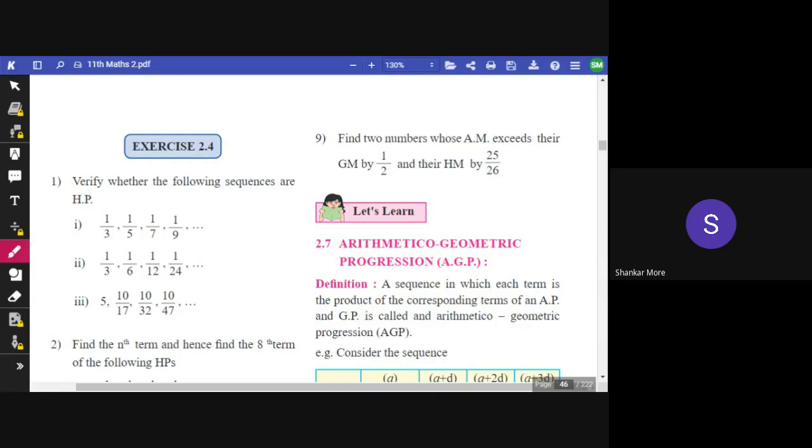What about the third one? What about the third one? Sankalp, you can tell the answer whether the third one is HP or not. No, don't be sorry, Samir. See, you have to take this thing. Is it HP? Okay. A is, I think, what is R?